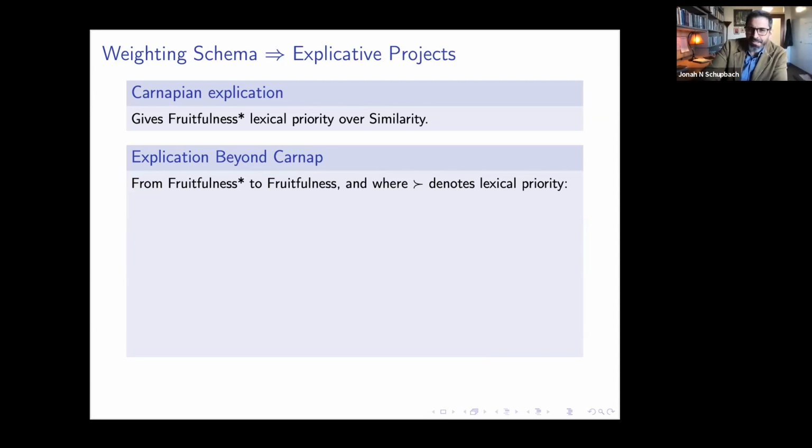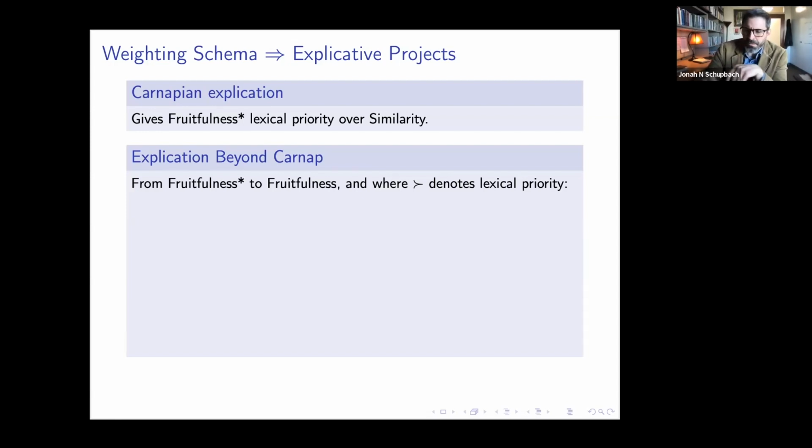So if we let this symbol here, I assume you can see my cursor, denote lexical priority, then another move we can make to go beyond Carnap in defining other uses for explication is to let different weighting schemas. So instead of thinking there's just one right way, as Carnap seems to imply in practice and in his general philosophical outlook, to weight these desiderata against one another, we might see if we can get more mileage out of the general method by considering whether other projects could be served by weighting those desiderata in different ways against one another.